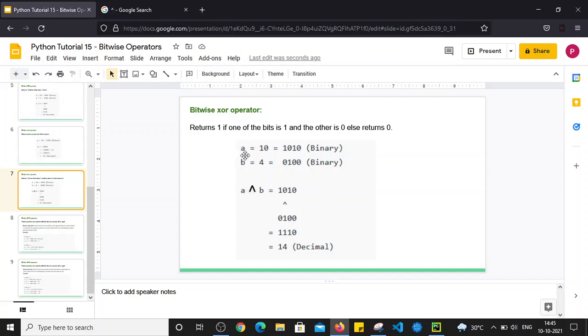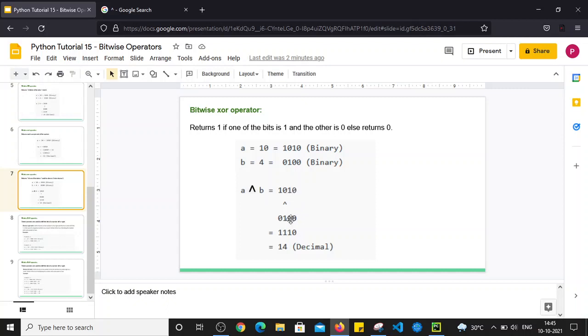If you see, a holds the value of 10, which in binary is represented as 1010. B holds the value of 4, which in binary is 0100. When we perform A XOR B, this is the symbol for XOR and this is B, it performs the bitwise XOR operation between these bits. 0 and 0 are both 0, so it returns 0.